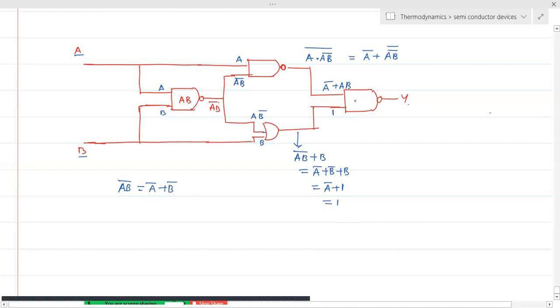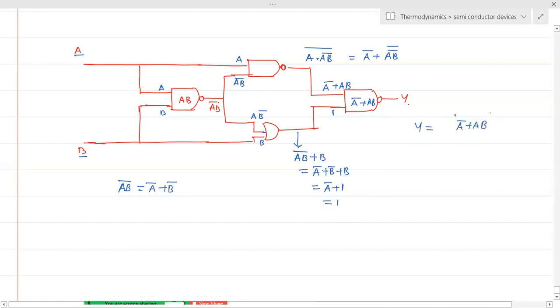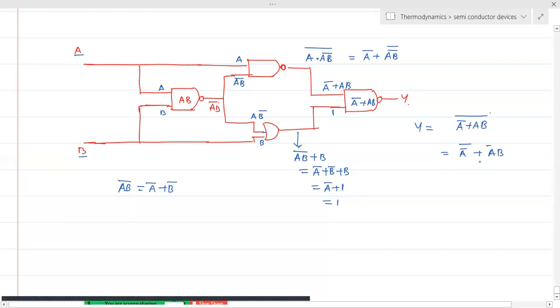So this is an AND gate, just their product, that is A bar plus AB only. Up to the AND gate we are taking. So now Y will be A bar plus AB, whole bar. Take A bar as X and AB as Y. So first I am taking X bar, that is A bar whole bar plus AB bar. A bar whole bar dot, instead of plus we have dot.